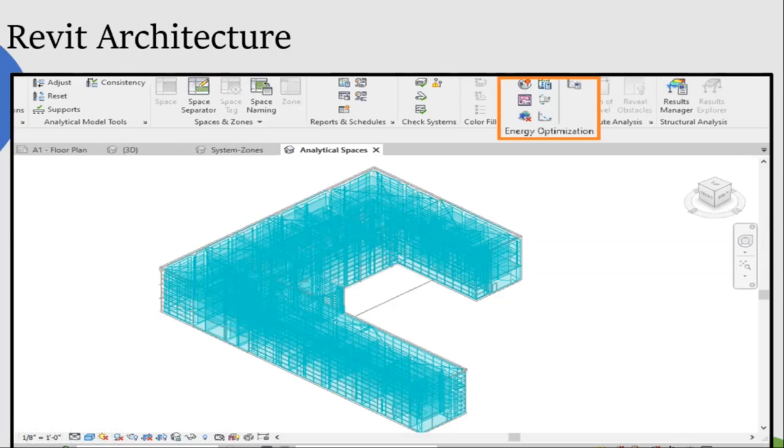This is one of the most important steps, wherein the model we've created is divided into analytical spaces as shown in the figure. And this energy model can be uploaded into Insight 360 for further energy optimization and energy reports. It is also possible to conduct daylight or heating and cooling load studies using the systems analysis option in the